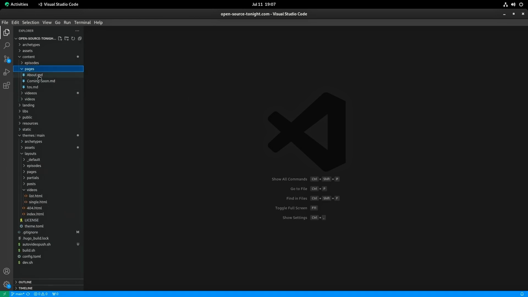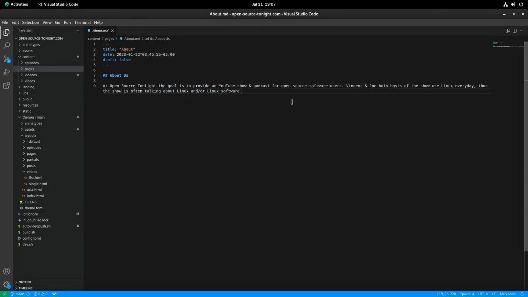Pages are also the same. So if we go look, here's our about page. Probably should update this. It's not the best, but it is there. And if you've used Markdown before, you'll know that you can use two of these little hashes, or the pound sign, and that will create different size heading tags. And then we can create paragraphs just by putting a bunch of text and then doing a blank line. So this right here is a paragraph. And if I, for example, copied it and pasted it below with a blank line, we'd have another paragraph automatically created. Okay.